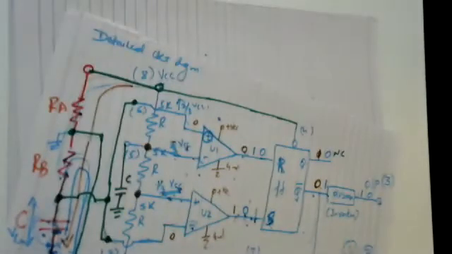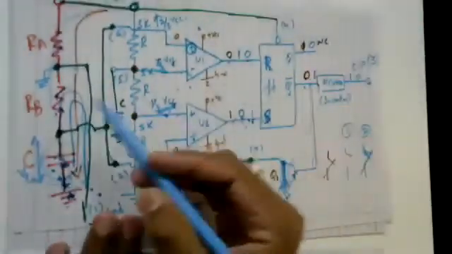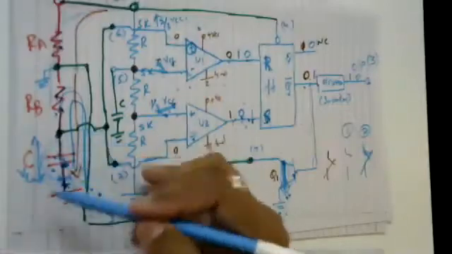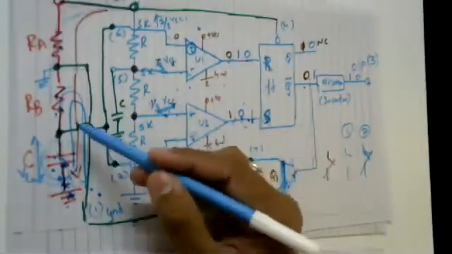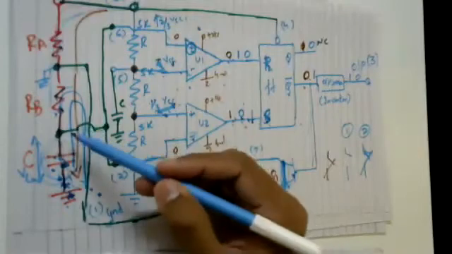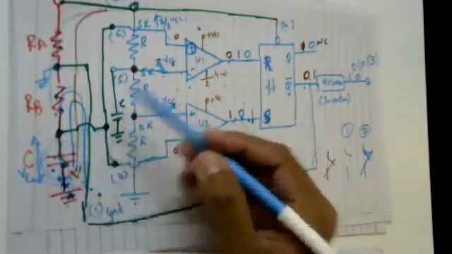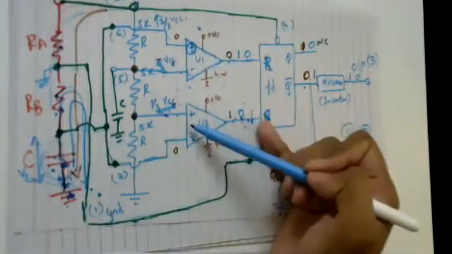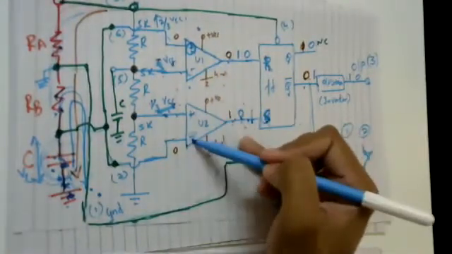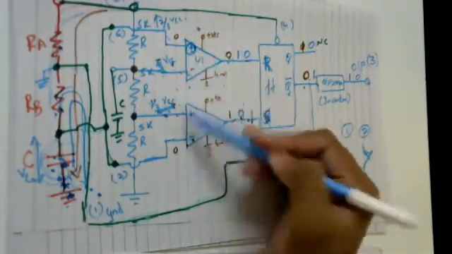Yes, is it clear to you? Aditi has raised one query. What is the need of this capacitor? So this capacitor itself is controlling. The key role in this particular circuit is our capacitor C. So this capacitor is actually changing the voltage at the inverting and non-inverting terminal of your op-amp.